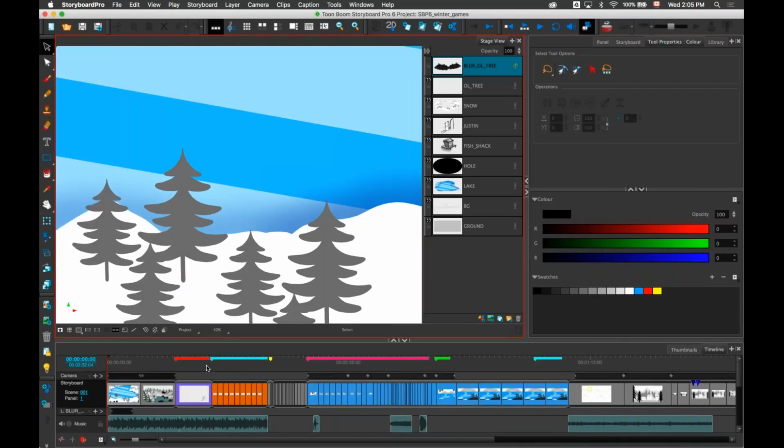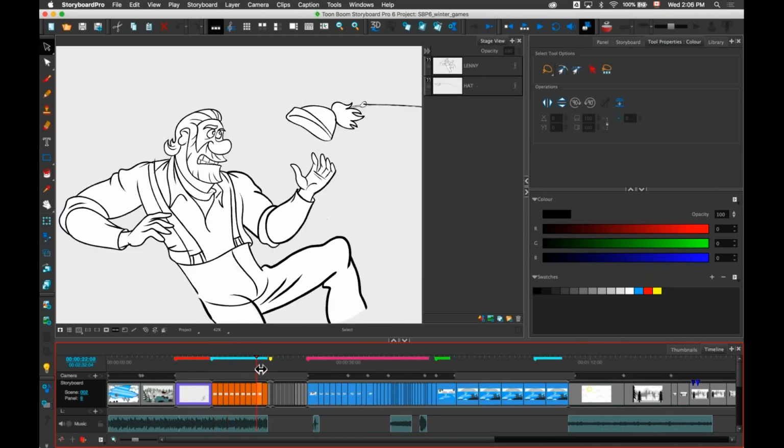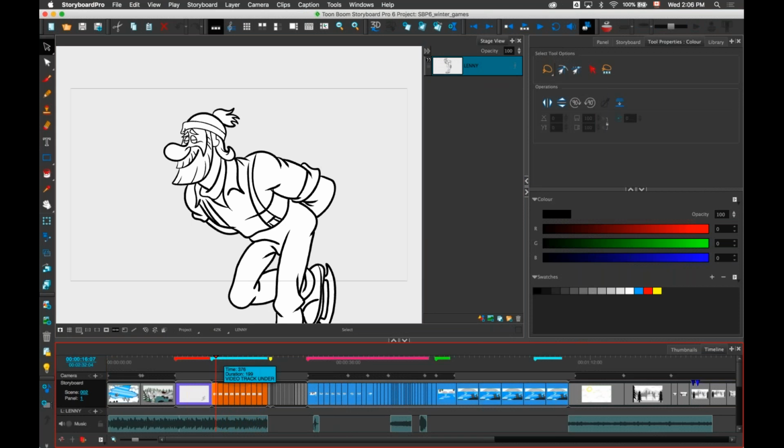There we go. And now, for example, in here, I have a character that's skating across multiple panels, and I want to have a background, and I want to have a scrolling background. So what I would usually do is I would put the background in each panel, and then I would need to animate the background on each of those different individual panels. But that can be a little bit time consuming, and also if you need to adjust the timing, you will need to adjust the timing in each individual panel.